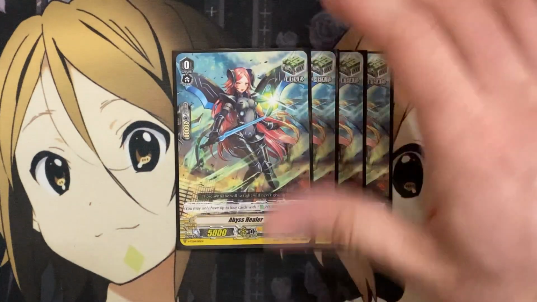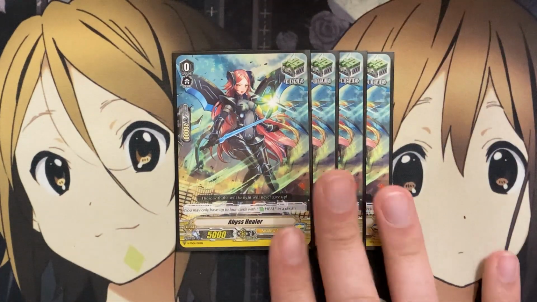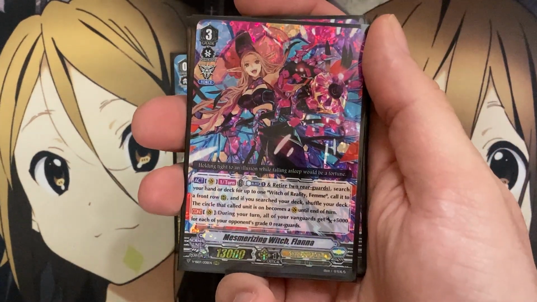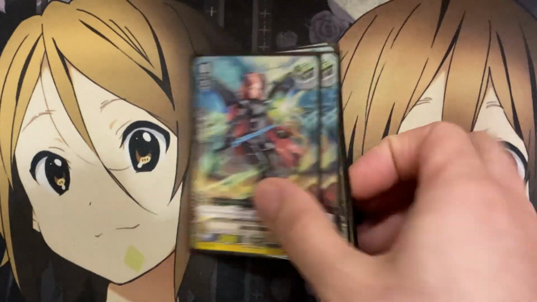And lastly, the 4 Abyss Healer. It's one of the older heals. I felt like the newest heal is more for the Drag Wizard deck and not more of the Witches or the Blaster Dark. So I felt this heal is definitely more fitting for the Witch Fianna. But that is it